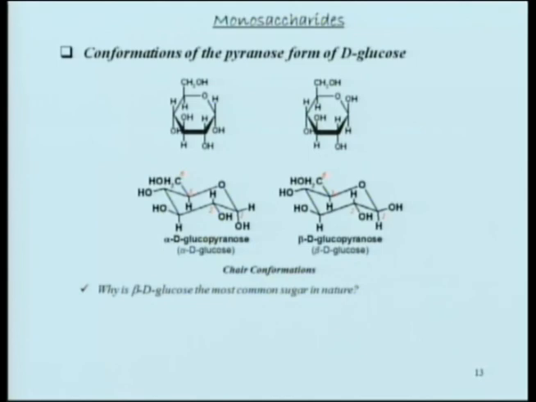In essence, alpha D, what is this? This is glucose. Alpha D glucose primarily exists as a chair. Either it can be alpha D or it can be beta D. So if you look carefully, that is position 1. That OH is at the bottom. And then this is position 2, OH at the bottom. So these two are on the same side. Then that OH is above the plane.